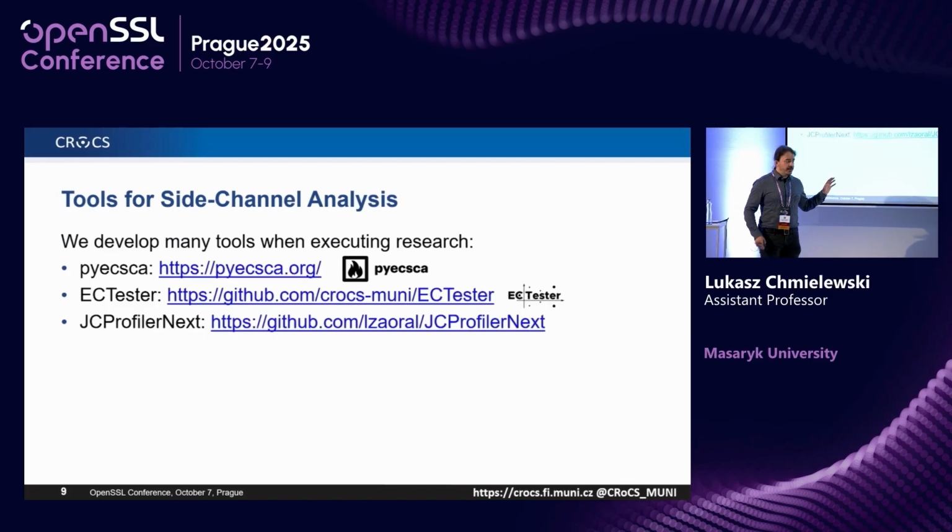Okay, so with respect to these main observations or insights, I did cover everything, and now I just wanted to mention a few things about the tooling, because for us there is also value in everything that we put open source. So the first thing is pyecsca, that's used and it's still being used for analyzing ECC implementations. Then there is EC Tester. Ultimately, it's used for a similar goal,